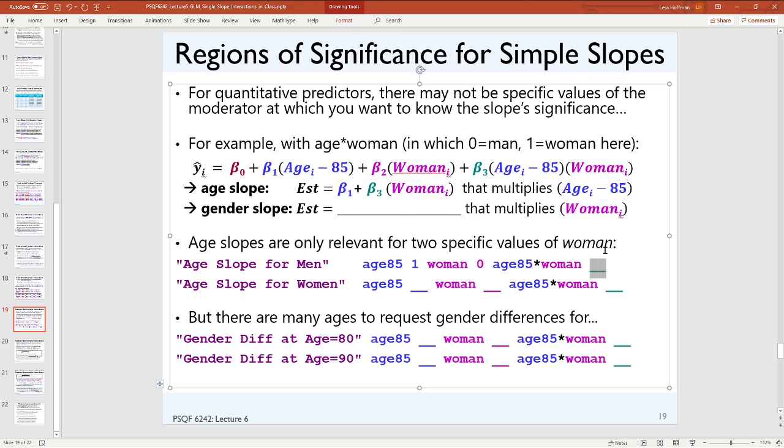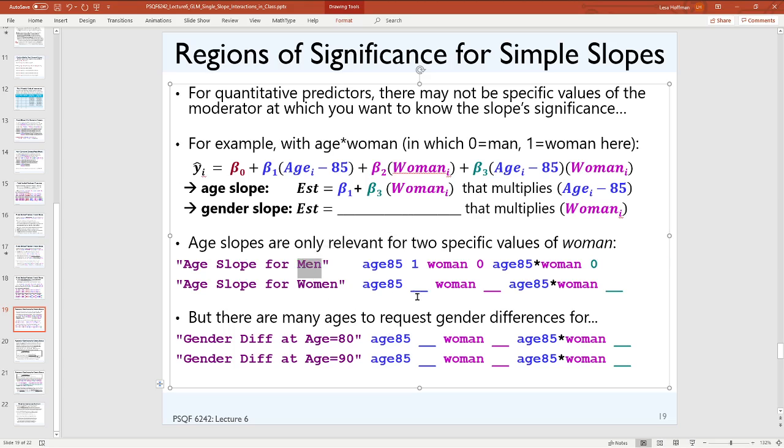Oh wait, excuse me, I'm screwing my own thing up. It's a 0 because 0 refers to the lack of a beta 2 in this case. It's one step ahead. So we don't need a beta 2, but we do need a beta 3. And the value that goes in for the moderator is 0 because that's what it means to be a man